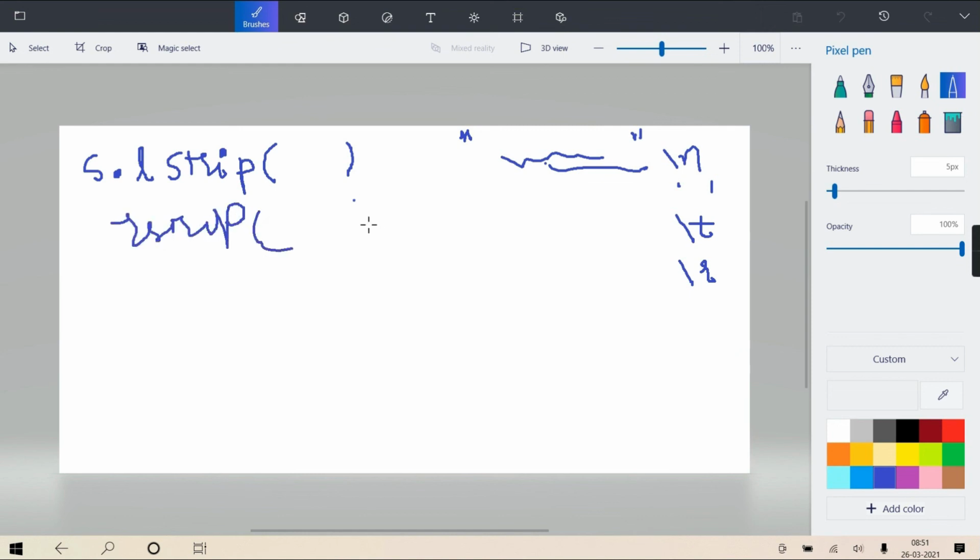Now in the case of rstrip, it will go on deleting the characters from the right side. But which characters will it delete from the right side? Those which are space characters. And the moment from the right side it gets a non-space character, it will stop, and from there onwards the entire string it returns.